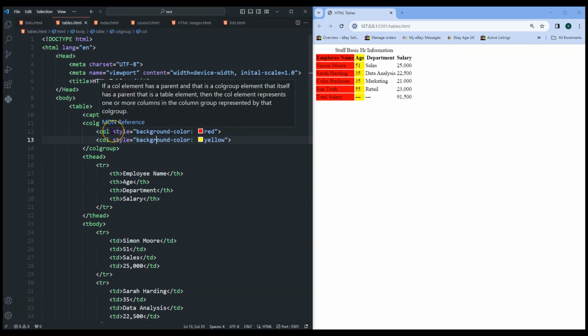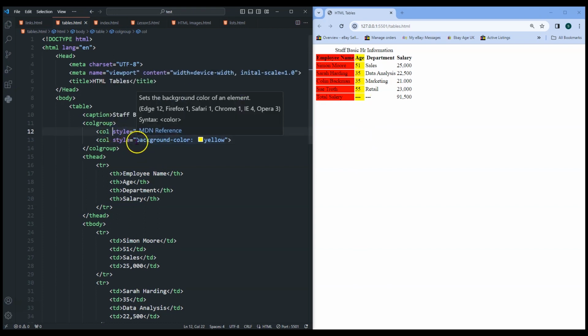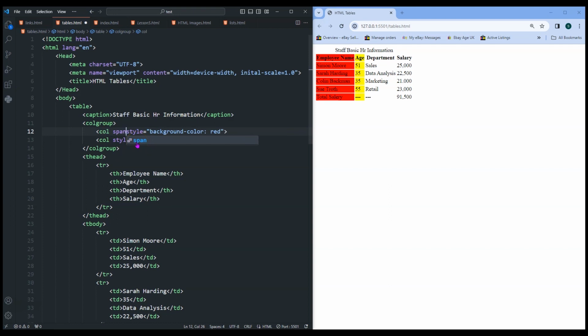Now another thing you can use is called the span attribute. So we'll just chuck that in. So I'm going to span it for 2. So then it will span the column for 2 columns. So you get this red background over 2 columns, and then because we haven't told it to span any more than the single column in yellow,